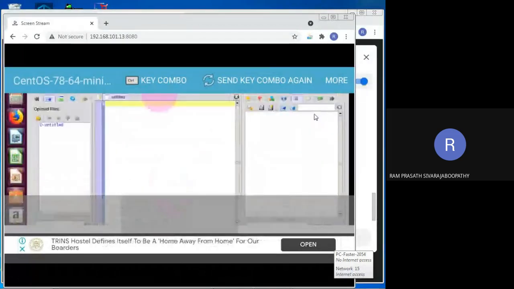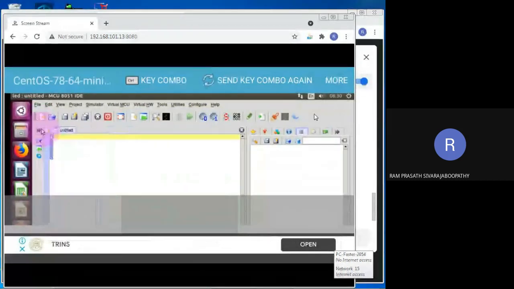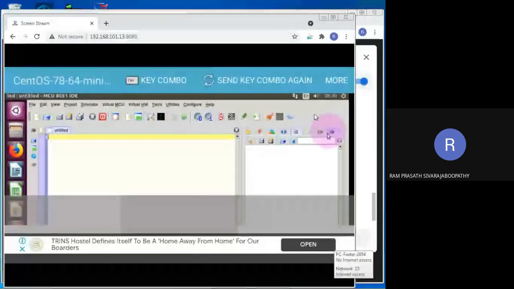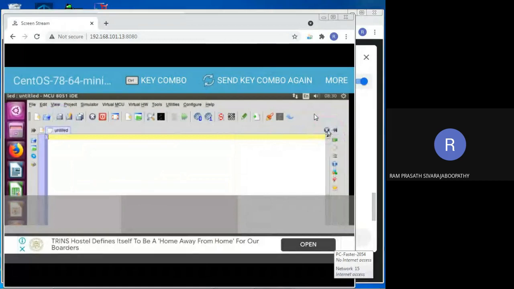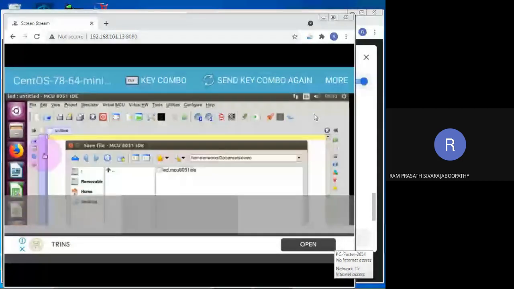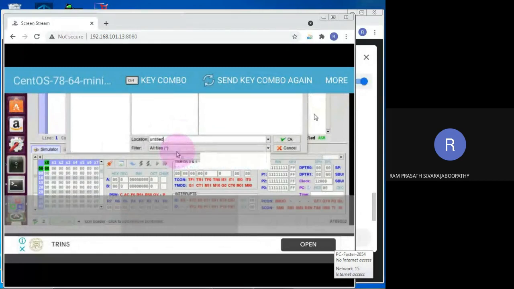That's it. So now what I have to do? I have to close this thing and this thing also, so that I can see my entire screen. So here we have to save the program first. For that, click on file. Click on save as. See, now I am doing a little faster when compared to previous time. So if you explore it, you can do it very fast. Okay, click on filter. Click on C.